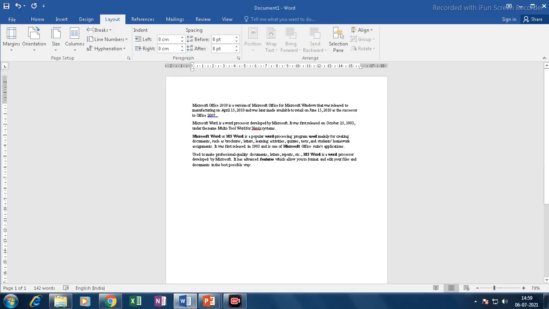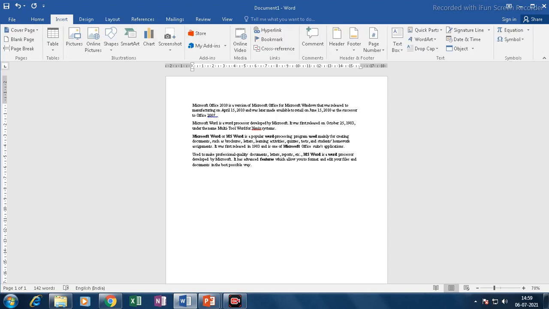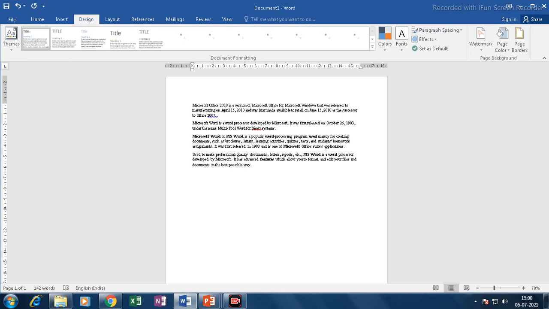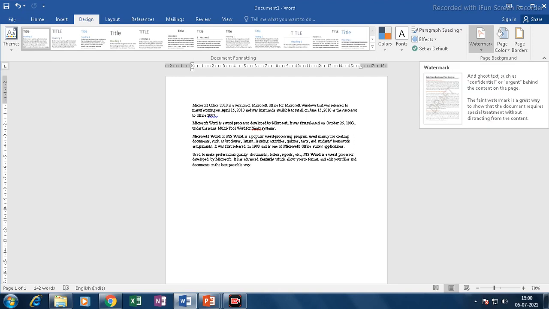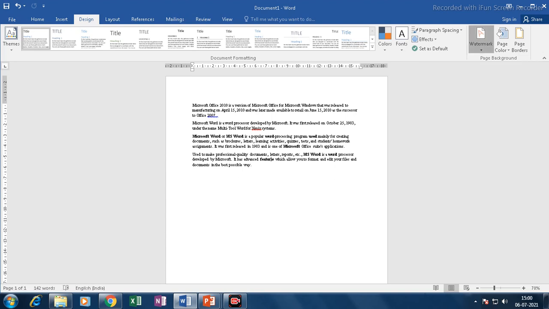This is a document. If you want to insert a watermark, you have to click on. Let me clear one thing with you, student. I am using the updated version of MS Word 2019, but in 2010 the watermark option is present in the page layout tab, but in 2019 the watermark option is present in the design tab. So don't be confused by this. If anybody asks you where the watermark option is placed in MS Word 2010, you will say page layout tab. So click on the page layout tab, watermark option.